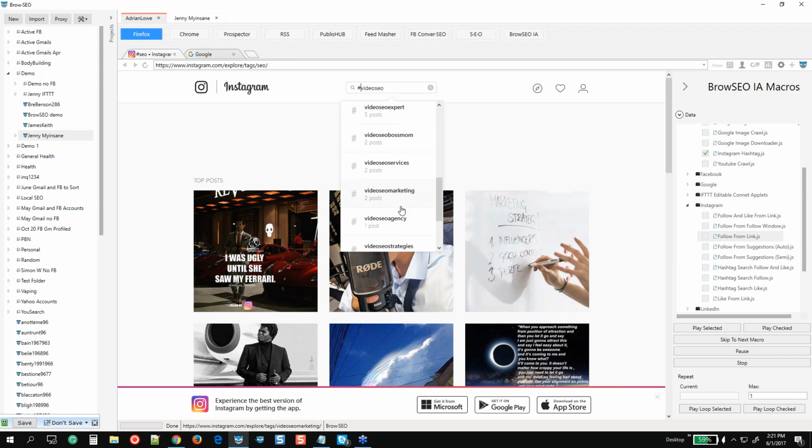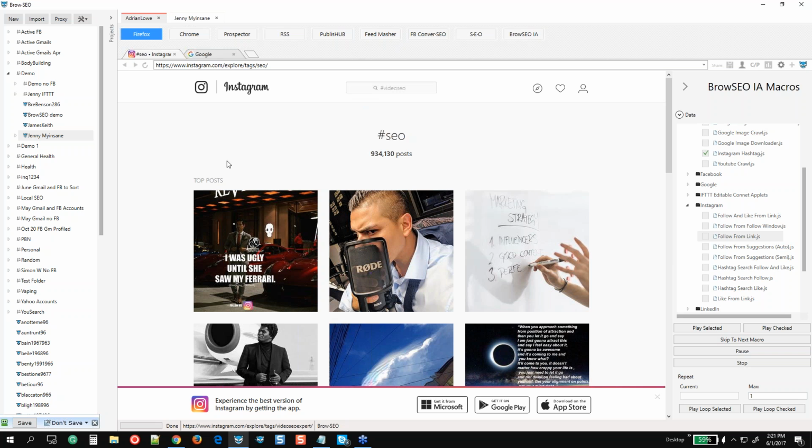So all of these with just a few posts, they are the kind of keywords, the kind of hashtags that you definitely want to be starting off with, because that's going to get you into the top results here, and if someone does search for it, they're going to find you. You're going to be there because there's no one else.